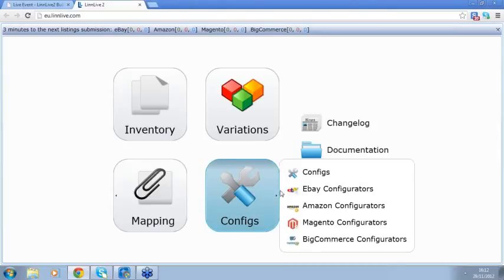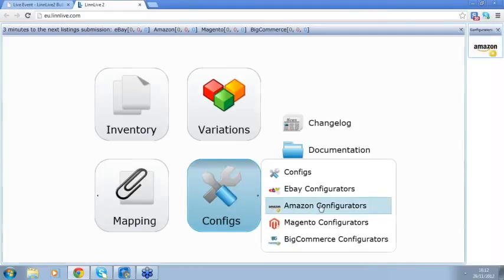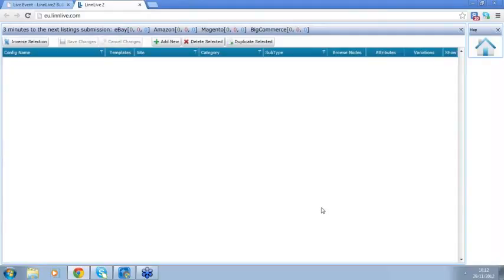Okay, so let's start from Amazon listings. In order to list items on Amazon, we have to predefine the configurator. So I need to click on Amazon configurator. And I'll have to add new and provide a name. Before we do so, just